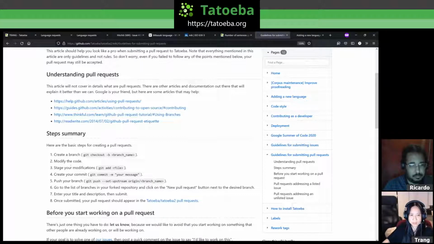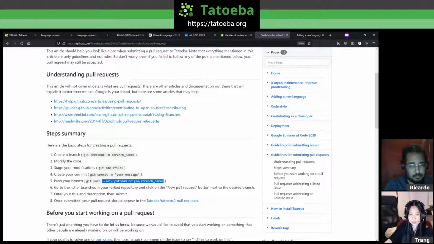But yeah, so you did the git add, and then you did the git commit with the description of what you are committing, and then in your case you did a simple git push. You didn't do the rest of this command here because you created the branch first in your fork. But if you had not created your branch from the fork and you created it locally first, then you would have had to do git push with this extra